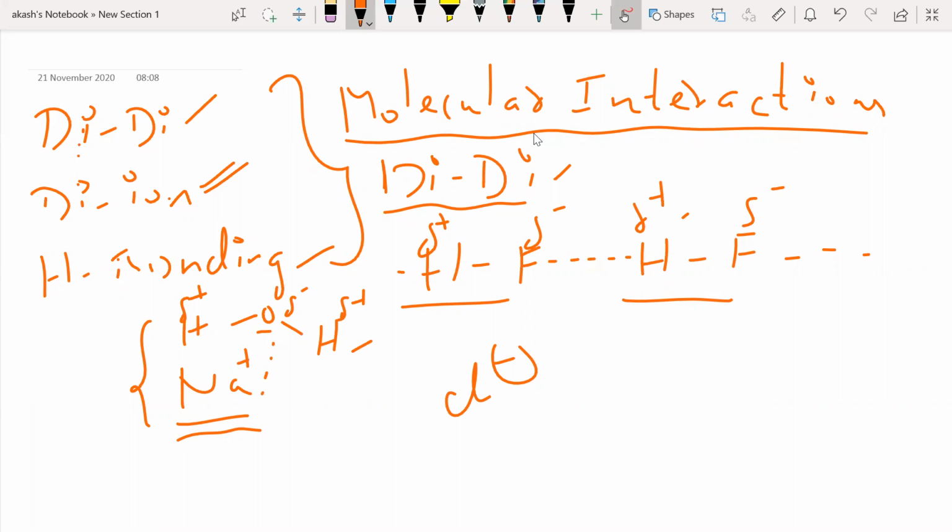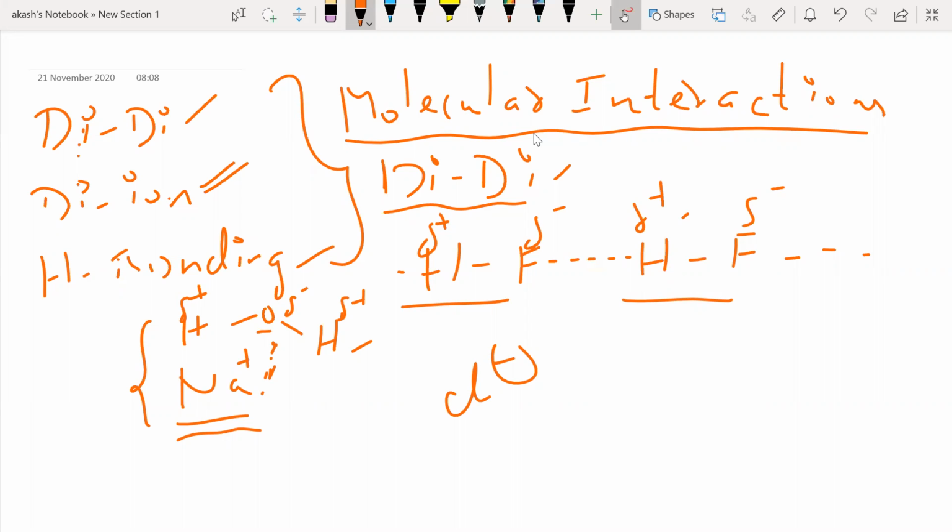That means when you make the solution, the forces existing between the solute and the solvent should be much stronger than the previous ones. That is, when I had only solute, only solvent, this interaction should be greater. Only then can I say that the solute will be highly dissolved in that particular solvent. Now these are the extra interactions which help sodium chloride or any other polar species get dissolved in water. You will have extra interactions like this other than the normal van der Waals force.